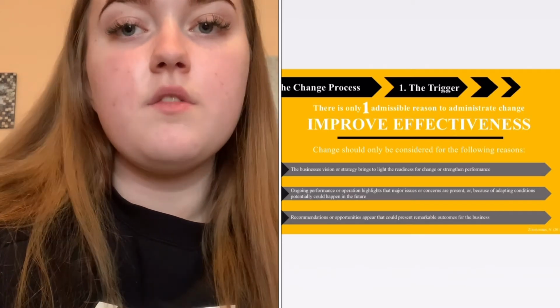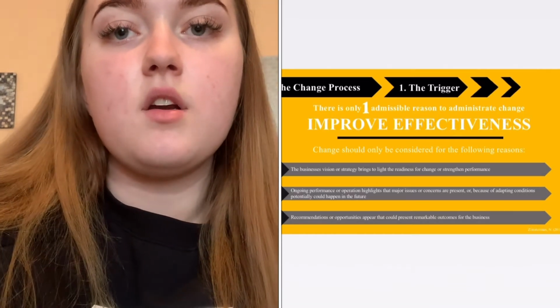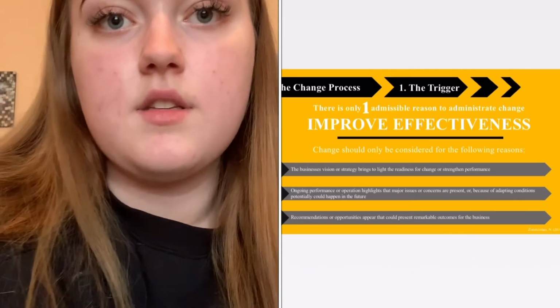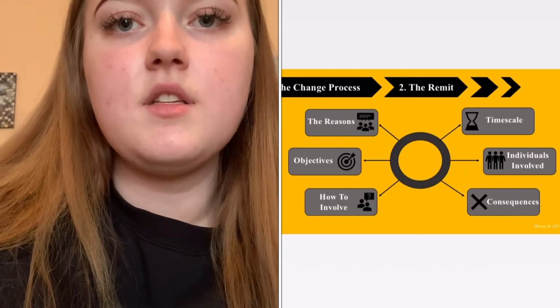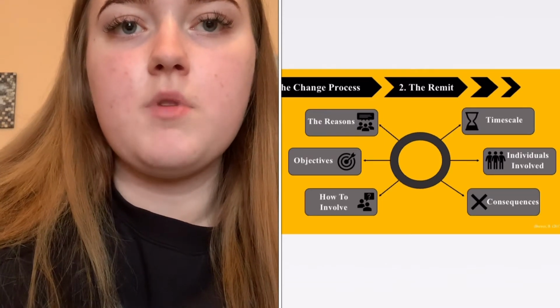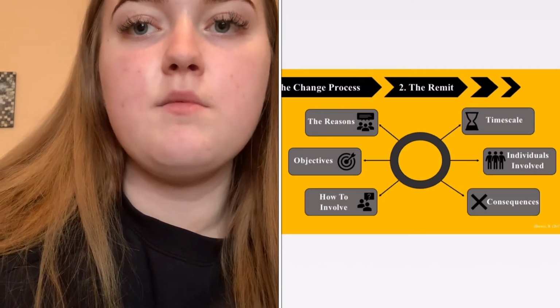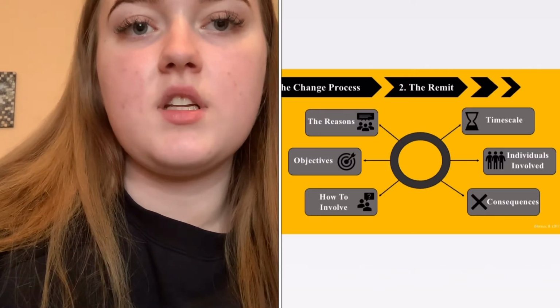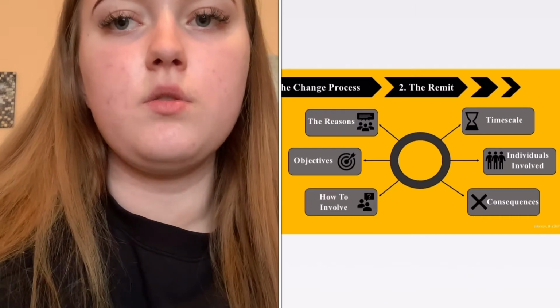Within the business, if one of these reasons appears, then the company should be triggered to assess the need for change, and this leads on to the next phase. The remit. The remit is the next phase in the change process. This is the phase where the reasons for the assessment are communicated, along with the objectives of the change and the timescale of the overall assessment. It analyses who is involved throughout the process, how to involve these individuals, and the consequences if not